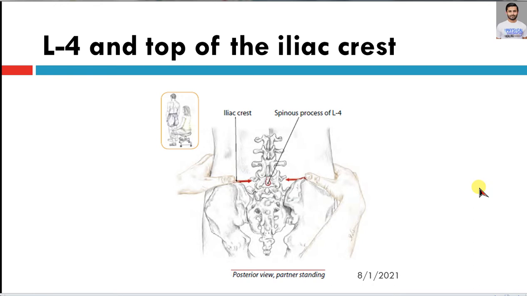This is a very important landmark for physical therapists, because the lumbar spine is very notorious, I must say, for low back pain. The most common type of pain experienced by mankind is low back pain. About 85% of the world population experiences low back pain at least once in their life. So it gives you a fair estimation of where you are. Right from the iliac crest, if you move towards midline, there will be the spinous process of lumbar vertebra 4.